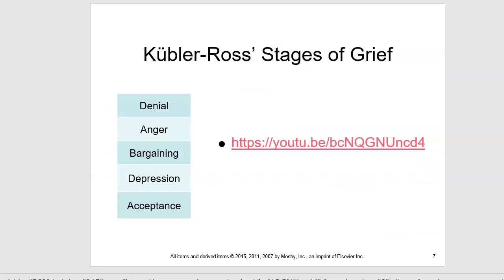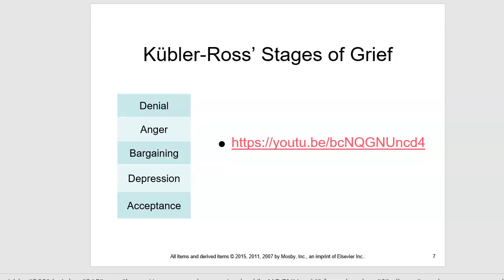So the first theory we're going to talk about today is probably the most famous one, and this is Elizabeth Kubler-Ross's Stages of Grief. In the theory world, it's not that old. It was developed in the late 1960s. And these stages of grief can be used for people who are grieving a loss that has already occurred. It can also happen for somebody who's in anticipatory grief. So if we know that somebody is dying but they haven't died yet, these stages would also be appropriate.